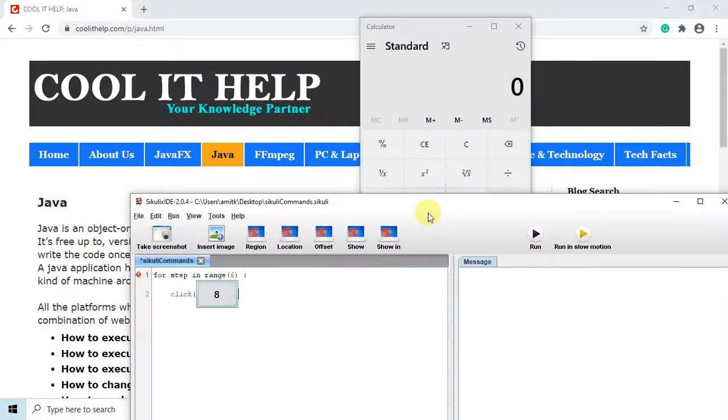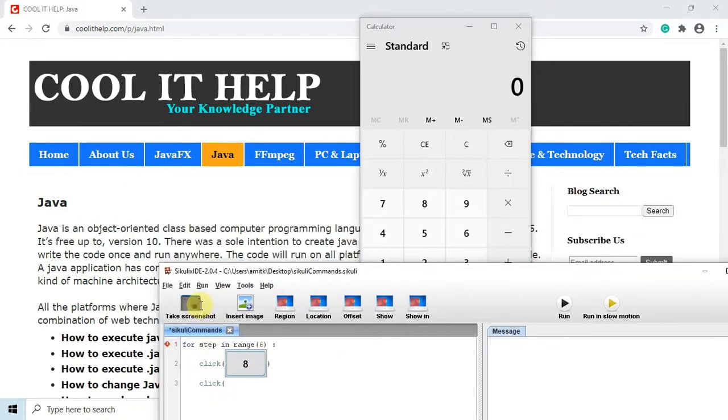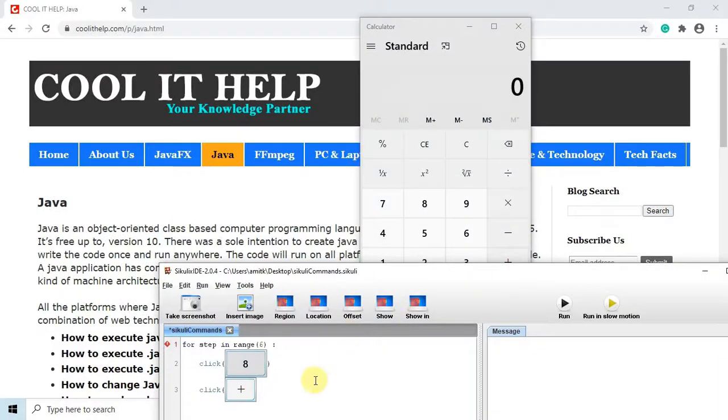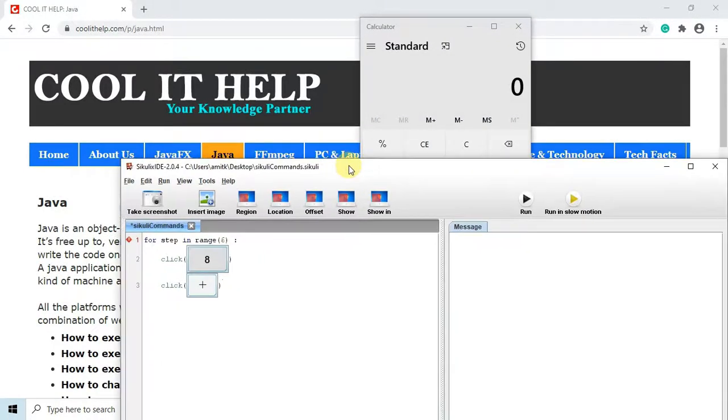Now we are going to click on this number 8 six times, and you can see the for loop statements. If you want to put multiple statements inside the for loop, the indentation of these statements will be the same.